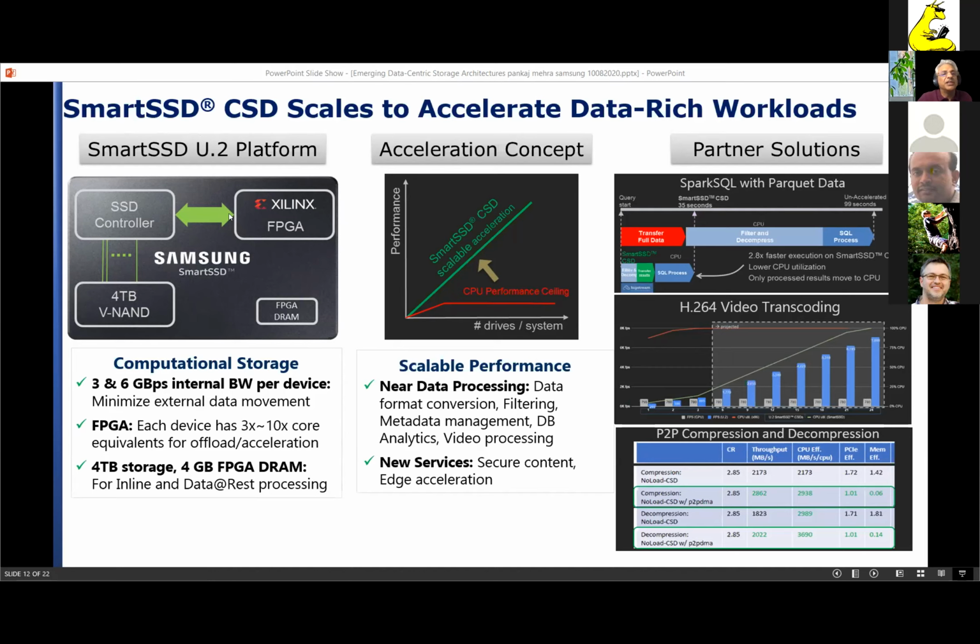We make a high-speed connection to an accelerator and give it its own memory. As a company that makes both NAND and DRAM, this is easy for us to do. We package it all together and make it available in a U.2 form factor 25-watt device that has 3.6 gigabytes a second internal bandwidth and about 500,000 LUTs of FPGA, with the idea that the traditional bottleneck in the system as you add drives